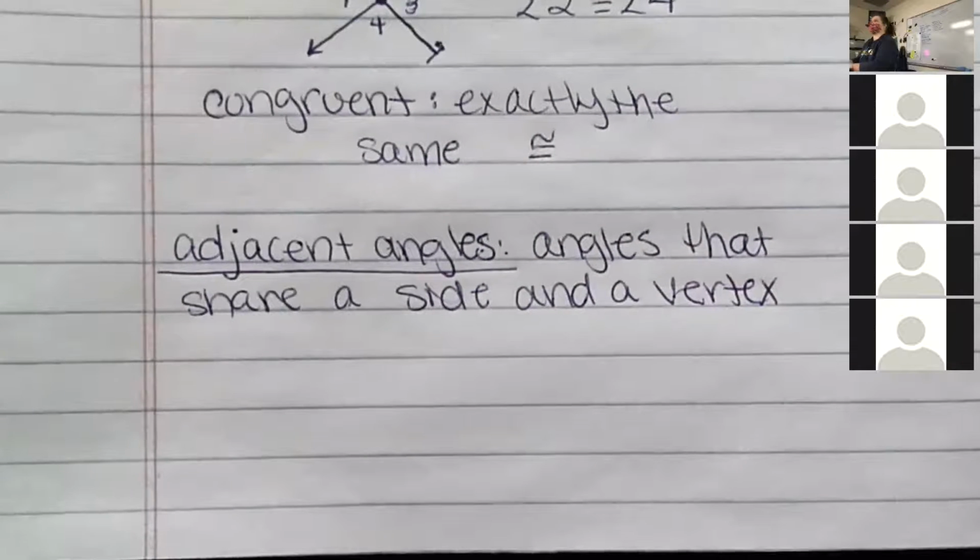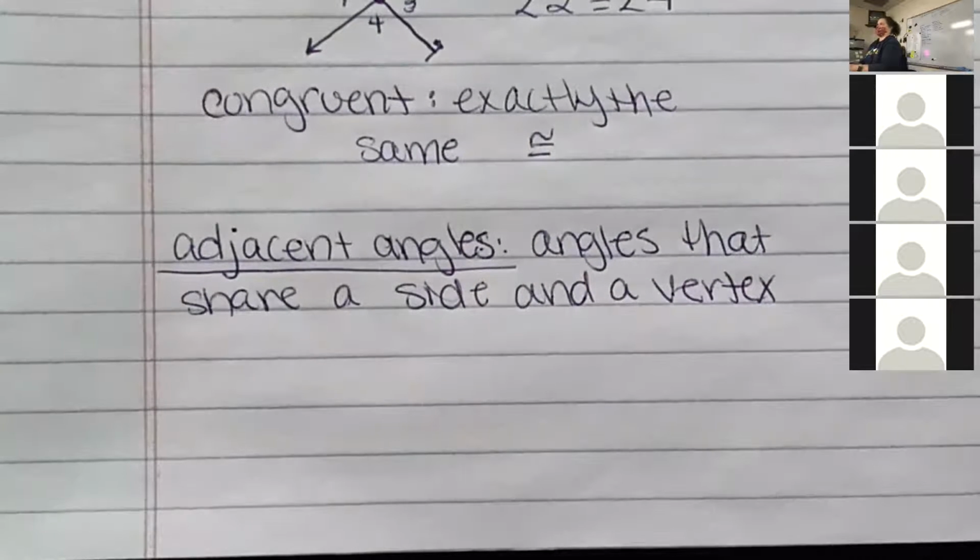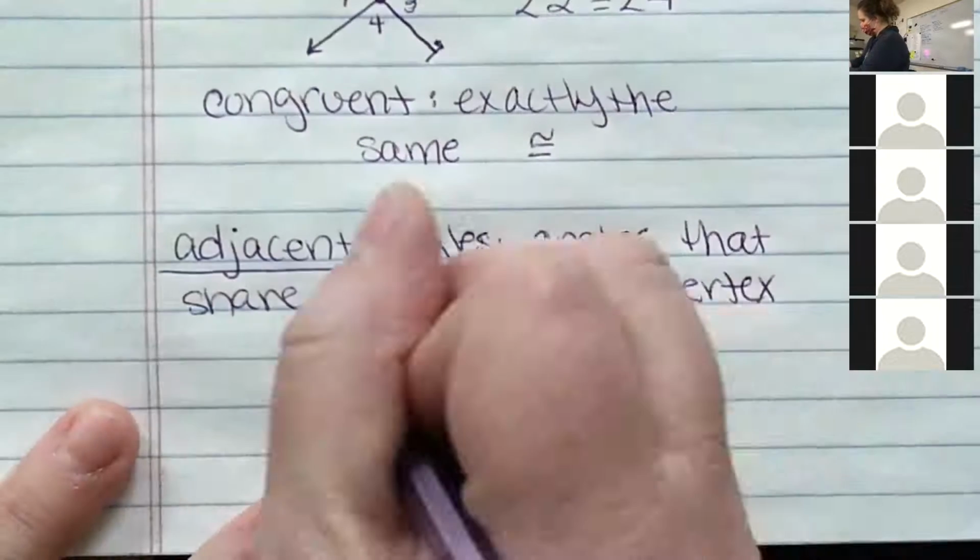One of my students said once, so they share a fence. They're neighbors that share a fence. That's a really good way of thinking about it. So that fence is that side that they share. So if I was drawing that same thing again,